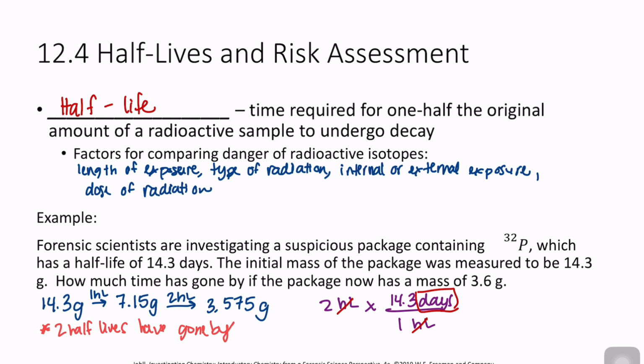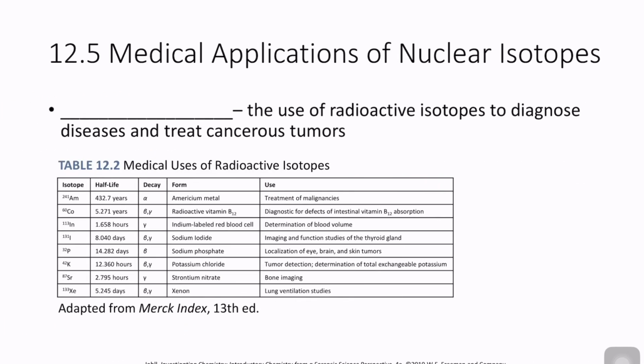And this will give me, we can take our 14.3 and multiply by 2 to get 28.6 days. This is important. Half-life should have units of time. It's very important that we know how to do these different half-life calculations